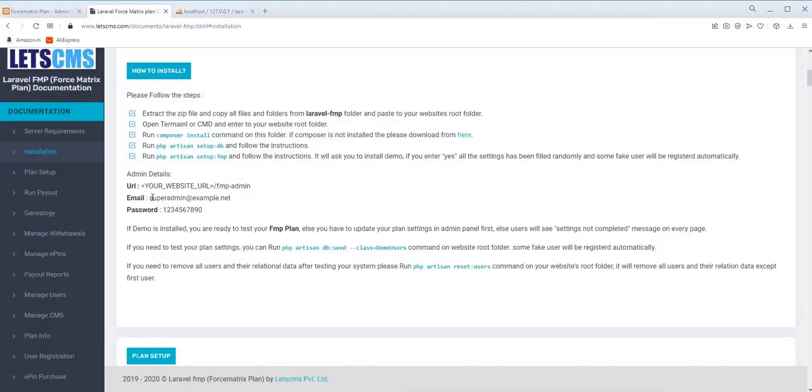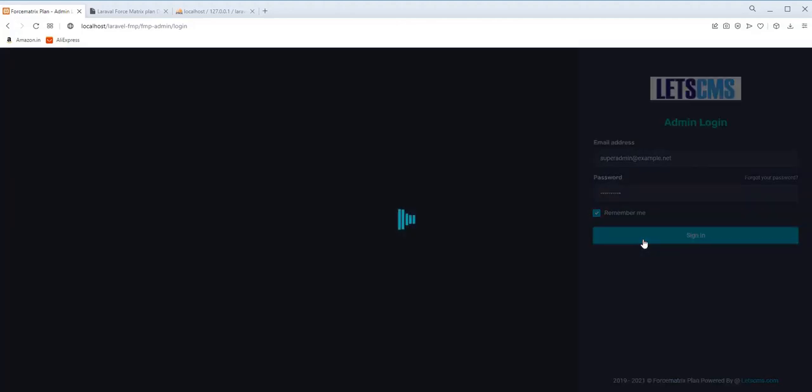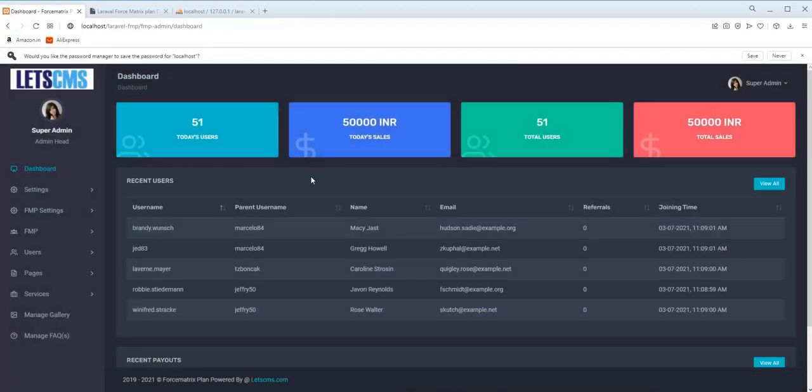I am putting in this information: superadmin@example.net, and the password is 123456789 and 0. I have successfully logged in, and this is the dashboard.